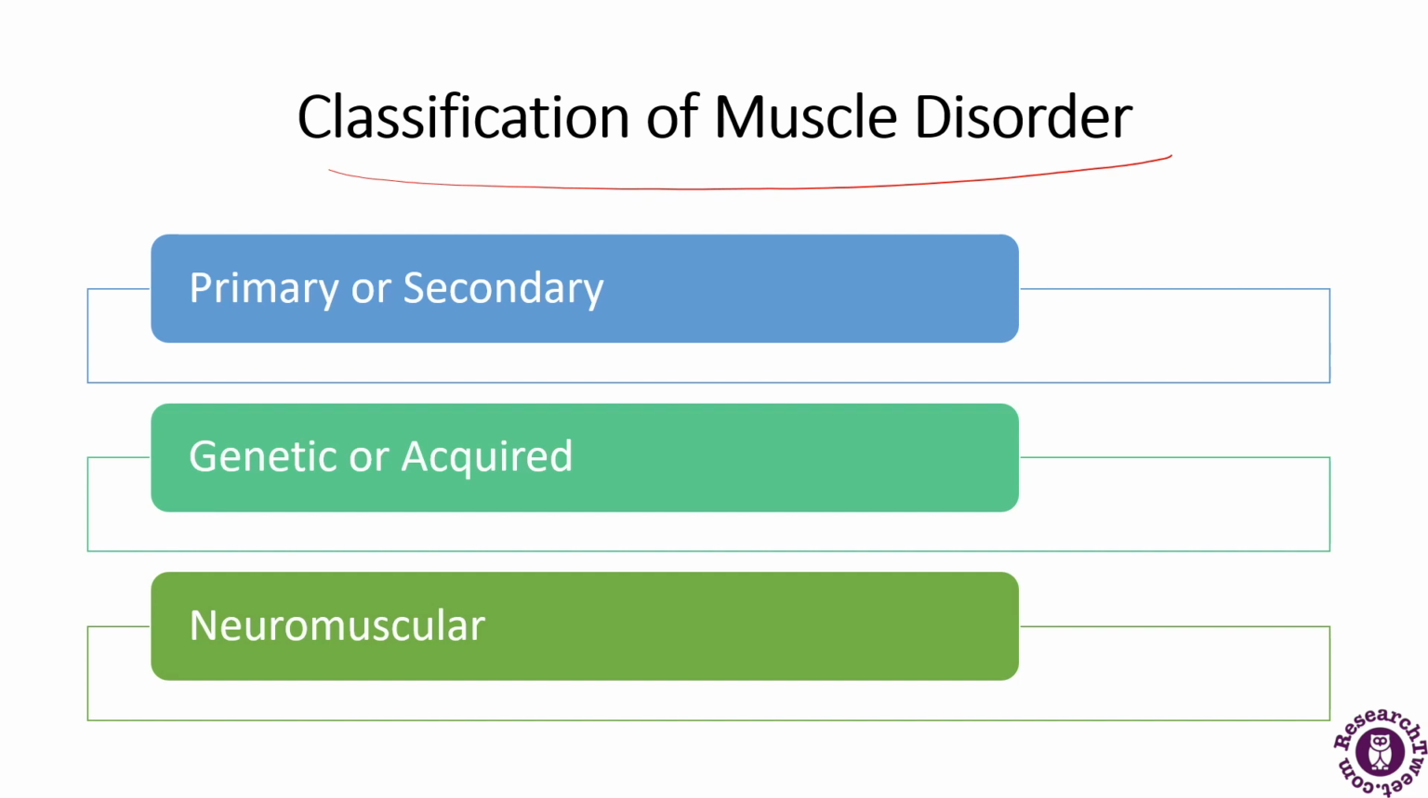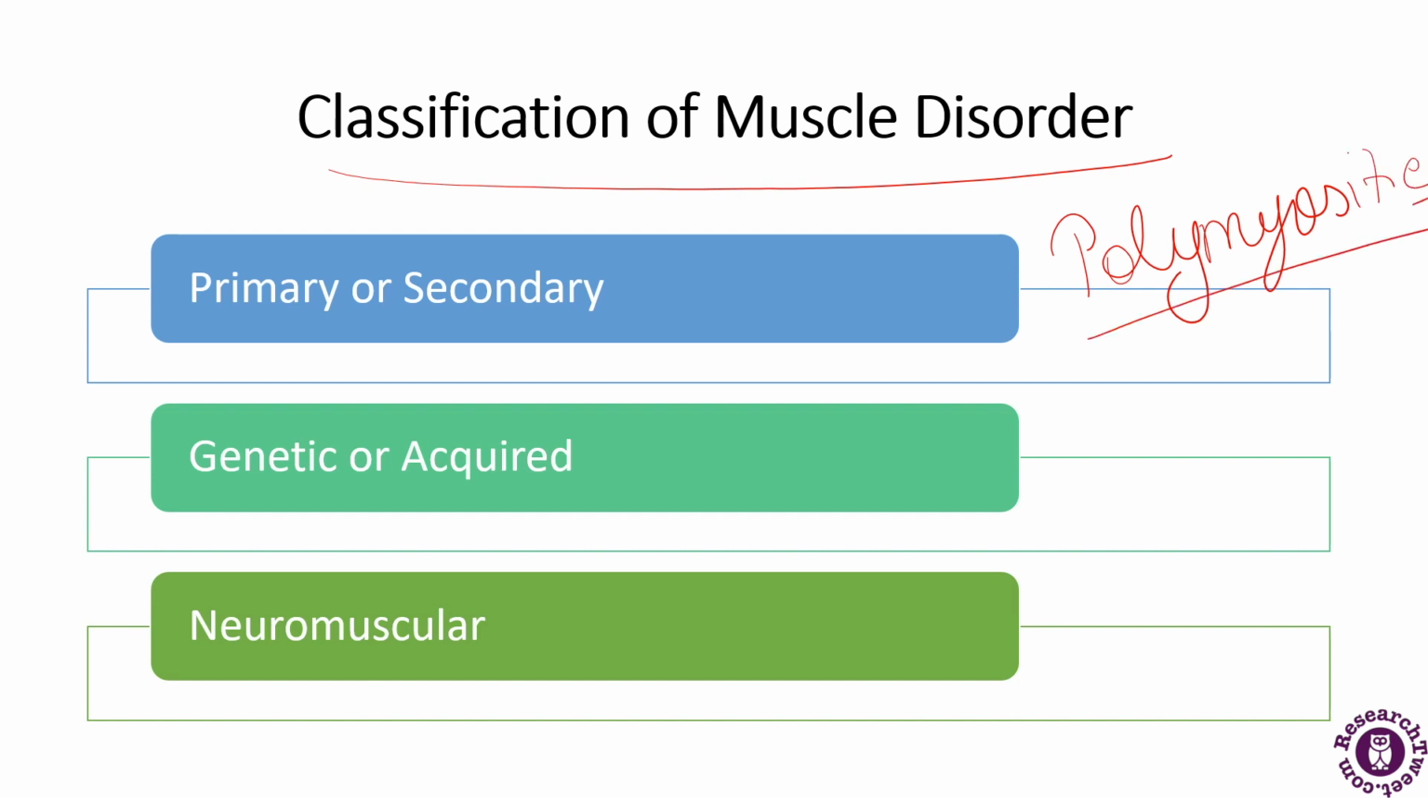Now, muscle disorder has been classified into three parts. What are the three parts? Primary or secondary, genetic or acquired, or neuromuscular. If I talk about primary or secondary, then these are the diseases and disorders that are a result of direct abnormalities of the muscles that are considered primary muscle diseases. An example of this includes polymyositis,